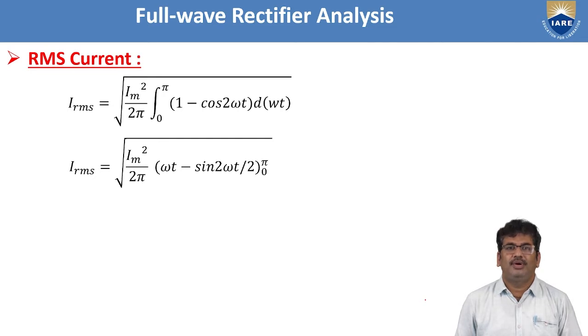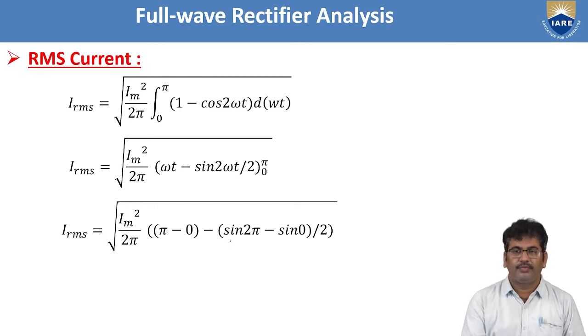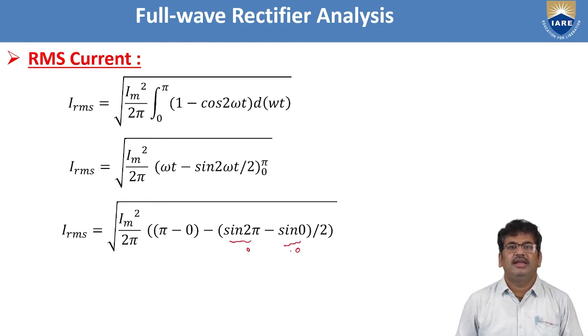Substituting upper limit minus lower limit, we get Im square by 2 pi times pi minus 0, minus sin 2 pi minus sin 0 divided by 2. As sin 2 pi is 0 as well as sin 0 is 0,